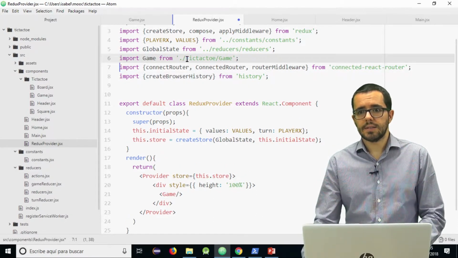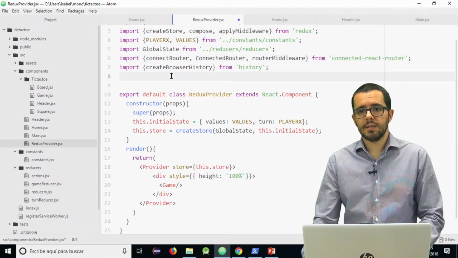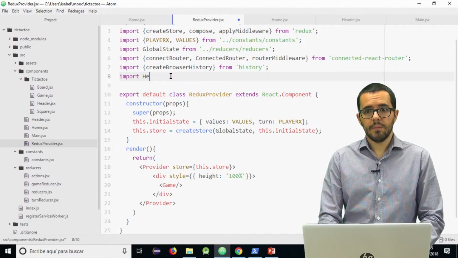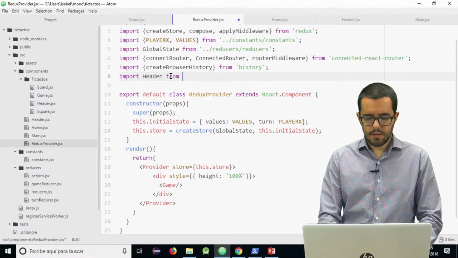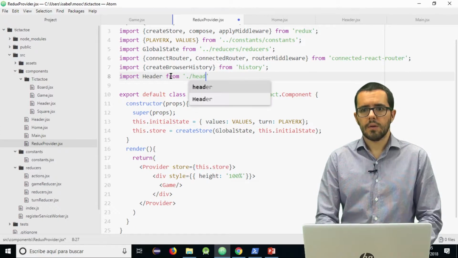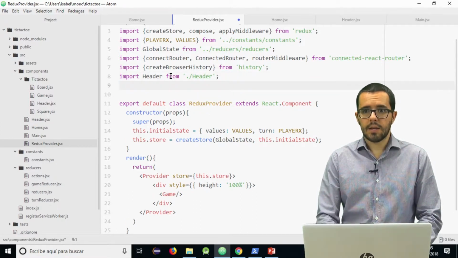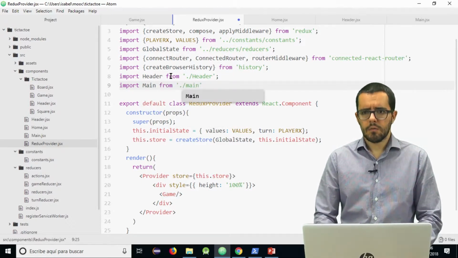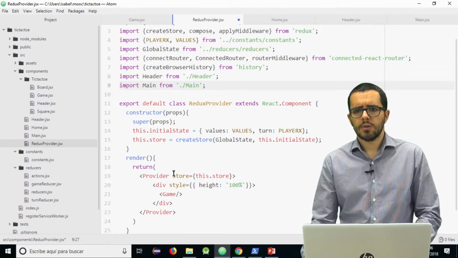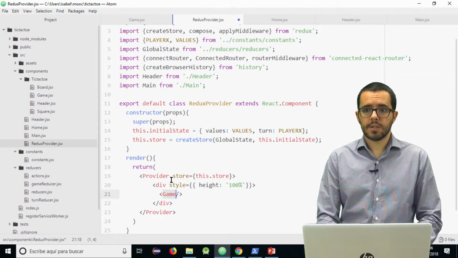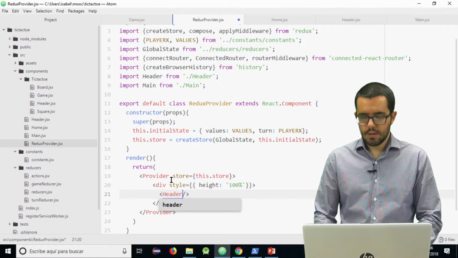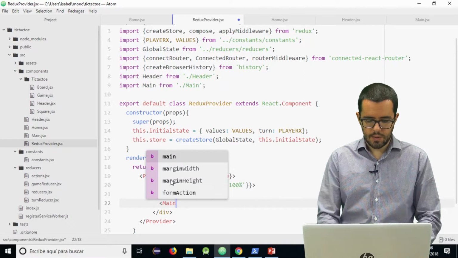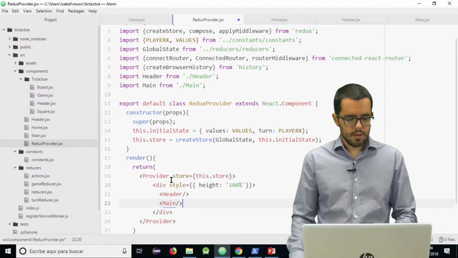And you can see here that instead of the game component, in this case the Redux provider will render our header, imported from the header component, and main, from the main component. So instead of game, our Redux provider will render header with the links to choose the path or the route, and the main component that will render either home or the game.